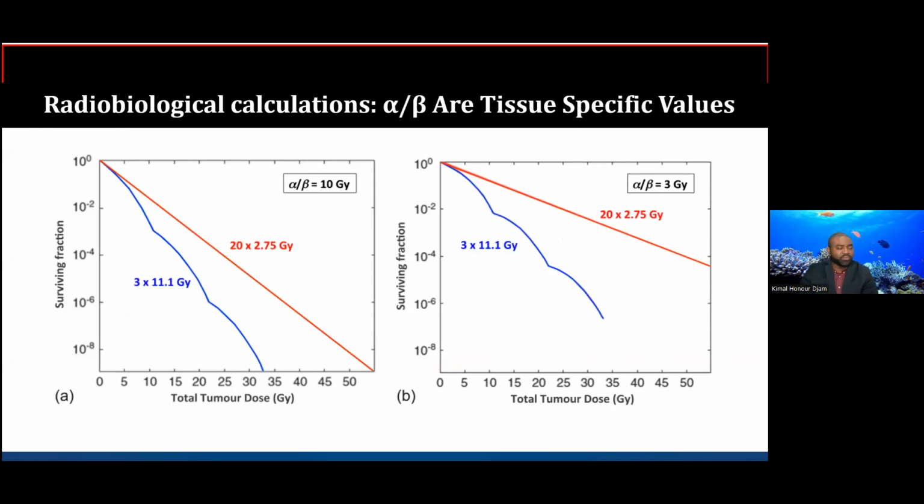Now, when we look at what this actually implies, this is really summarized here. The two graphs show two different fractionation schemes. You have here a hyperfractionation of three fractions in 1.1 in 11.1 grays. This is 20 fractions, the standard fractionation in 2.75 grays. Now, let's look at the overall effect that occurs for tumors with an alpha-beta ratio of 10, and for normal tissues with an alpha-beta ratio assumed to be 3 in this particular case. And so the linear quadratic model